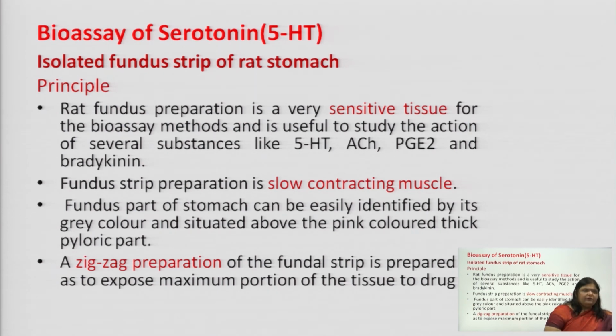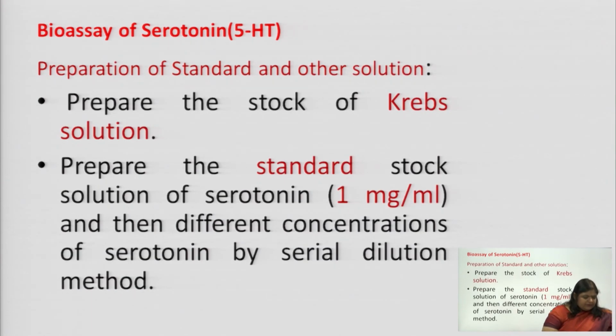And why do we carry out that zigzag? It is prepared so as to expose the maximum proportion of the tissue to the drug. So, the surface area increases. That is why we prepare the zigzag preparation of this fundal strip. Now, for this we require Krebs solution, which we prepare, a physiological salt solution. We take standard and test samples, which are 1 milligram per ml stock solution. We prepare different concentrations by dilution method,